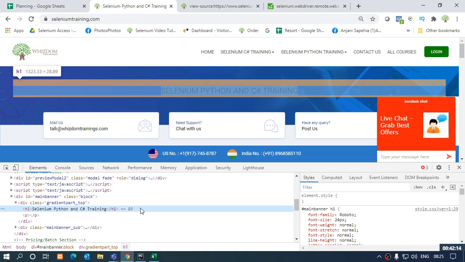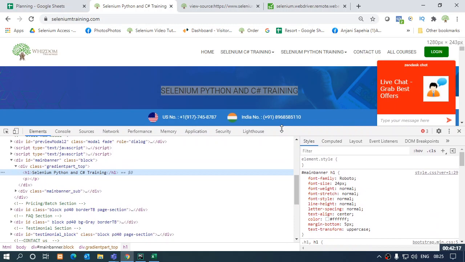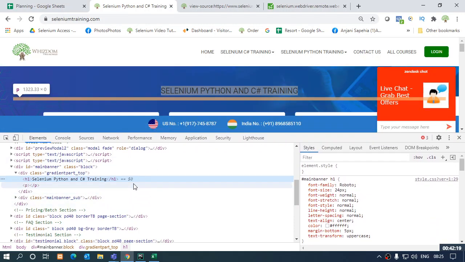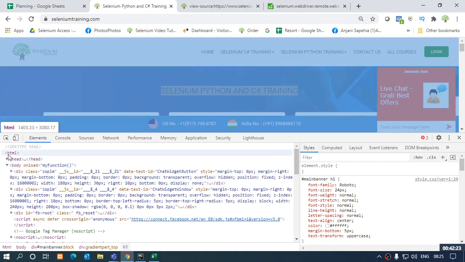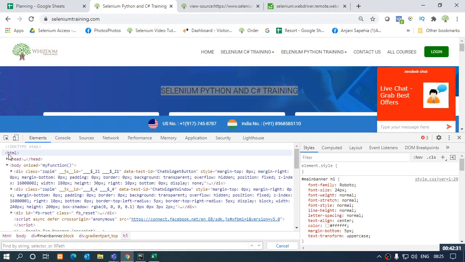Okay, now let's start building it. This is our inspecting screen where I can see everything related to the element. If I scroll up a little, this is the first tag of my page, and the complete XPath starts from here only. So on my inspecting screen, I'm hitting Control F so that I can type something, and I'll start making the XPath.